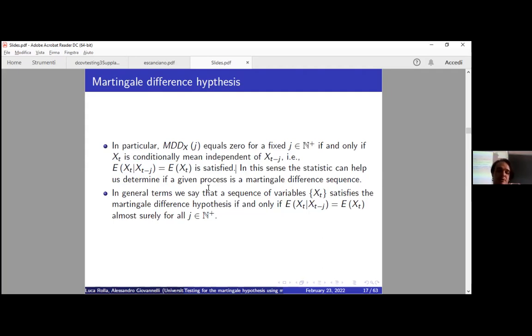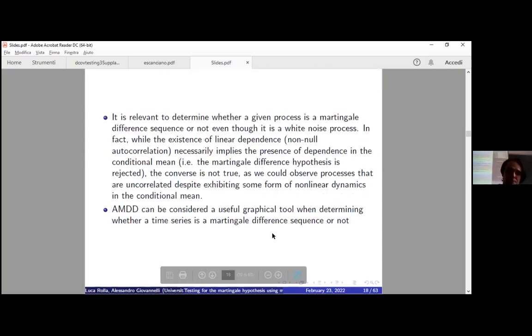We can exploit that in later developments. Okay, it is relevant to determine whether a given process is a martingale difference sequence, even though it's a white noise process, because one important topic is to discover if